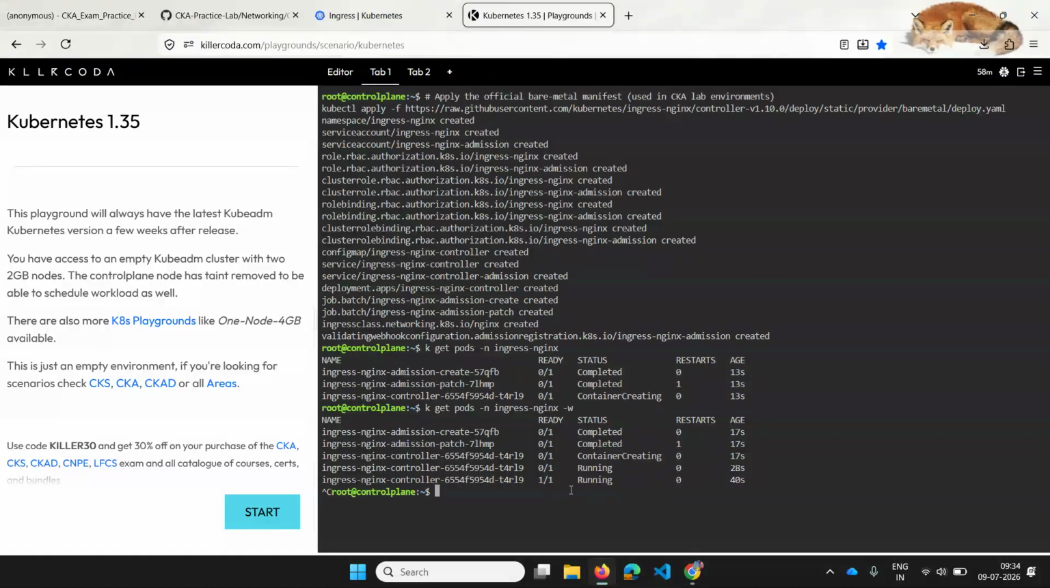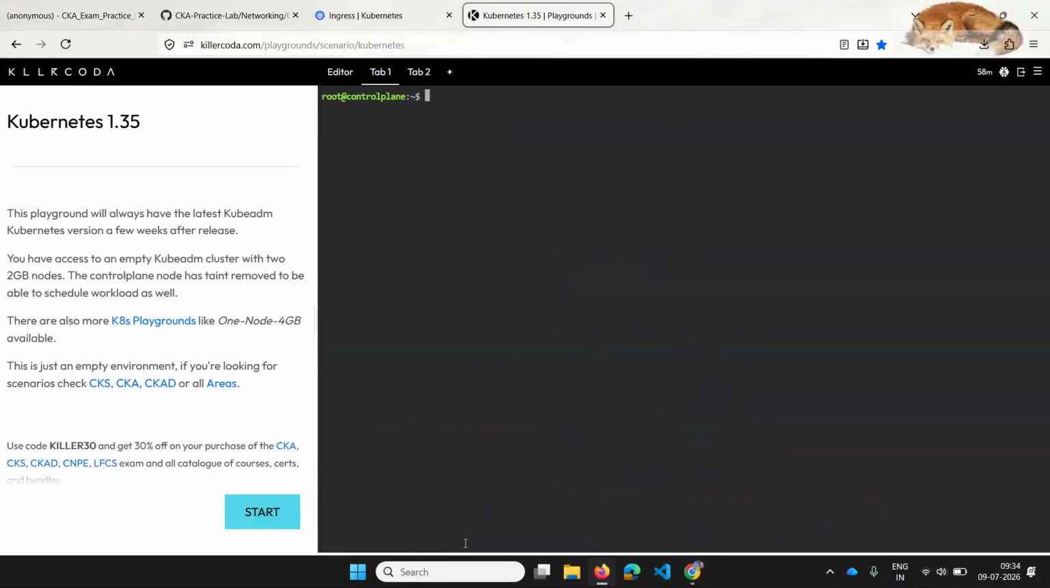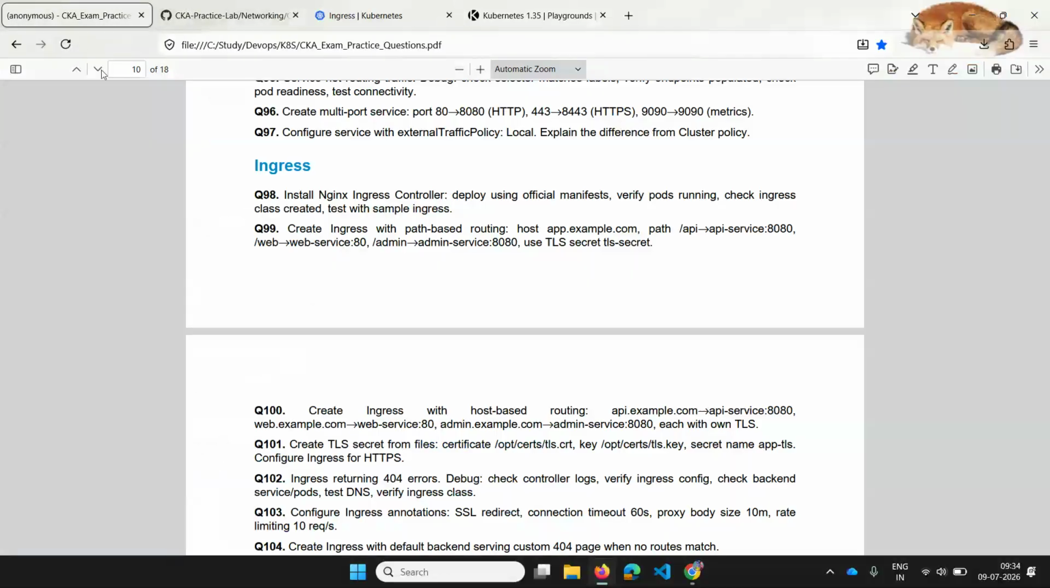Now let me take a look at the service. So get service of the same namespace, which is ingress-nginx. I have two services, one is admission and another one is controller. So I think I'm good with this. Now after the installation, I'm going to use this Nginx Ingress controller and create an Ingress file for